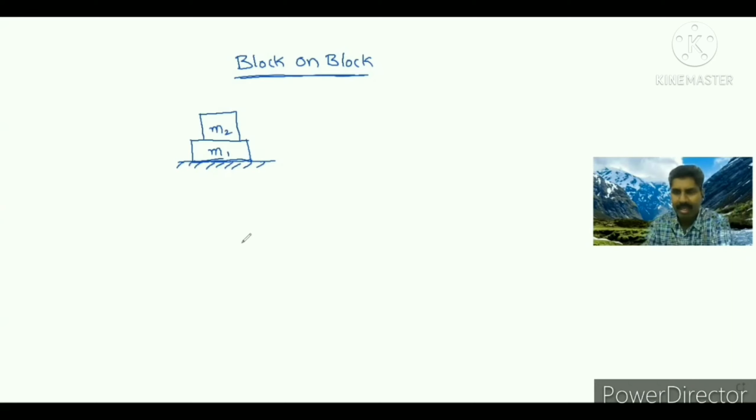Now we need to apply a force on any one block. For example, I will first apply force on the bottom block. Here two blocks are there. This is the bottom block, this is the top block. If we apply a force on the bottom block, up to what force will both blocks move together? That force we call the maximum force. They will ask the first question: what is the F max of those two blocks?